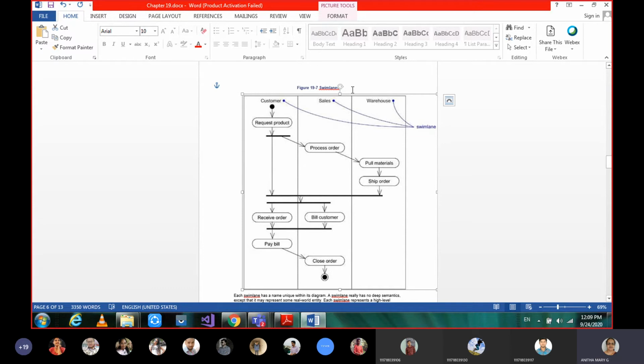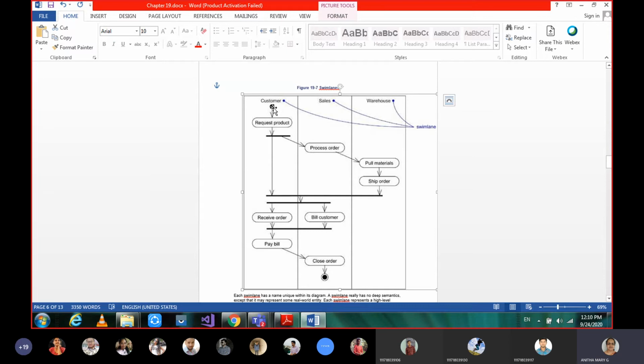So in a business case, again I repeat, whenever we have more than one flow control, each flow control is taken as a swim lane, as a group. Okay, so the coordination of these groups as swim lanes, then we get the complete activity diagram for that business process. Okay, so let's see this example now here.